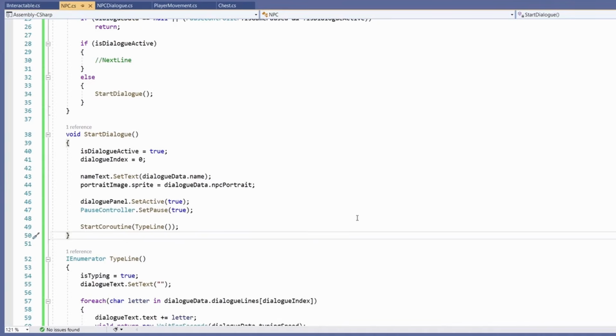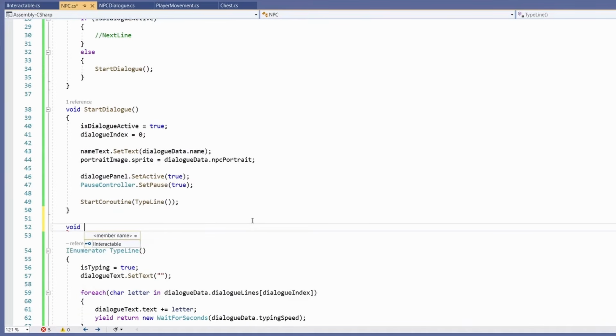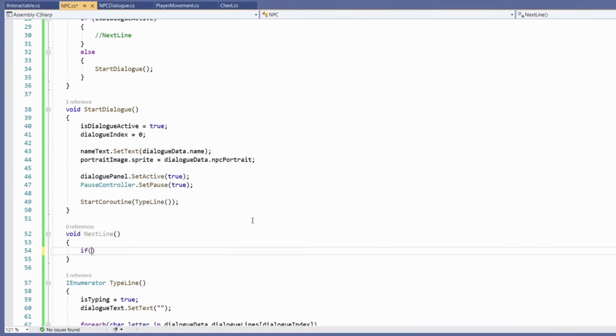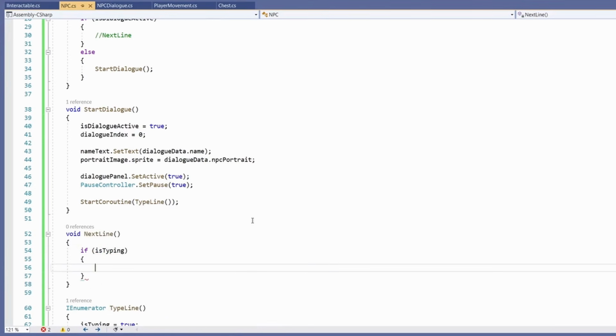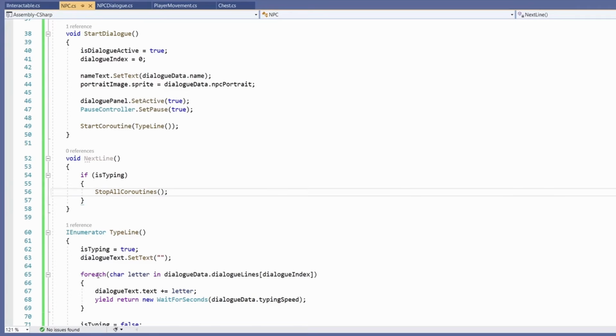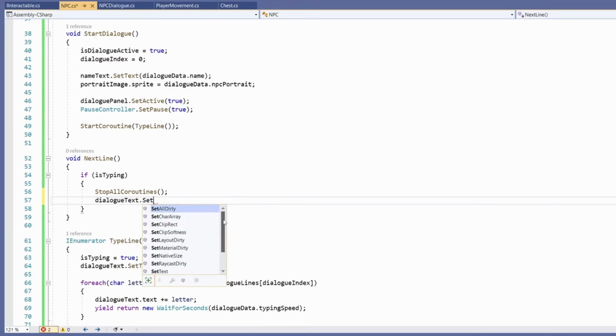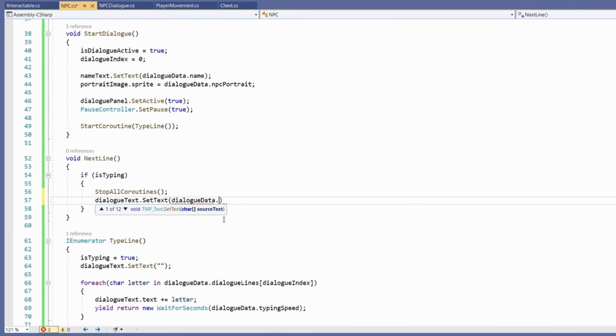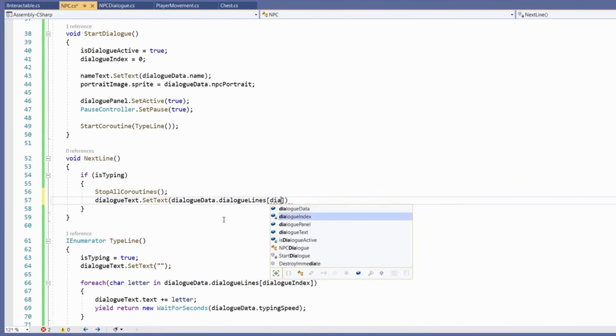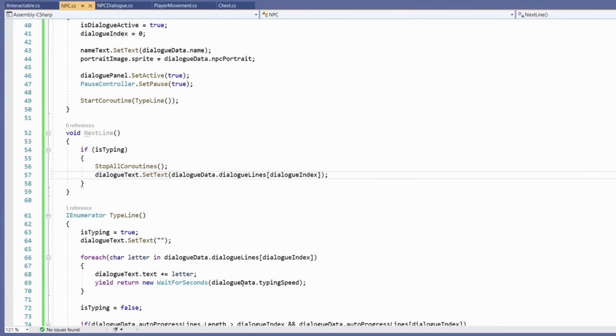So I'm going to go below start dialog, and I'll call this void next line, and we'll say if is typing, and we've called to get the next line. We're going to stop all coroutines, so we want to stop this from skipping around, this for each and auto progressing, anything like that. I'm going to go dialog text.setText to be DialogueData.DialogueLines and pass in the dialogue index. So instead of typing letter by letter, this is going to autocomplete that full line into our text box,